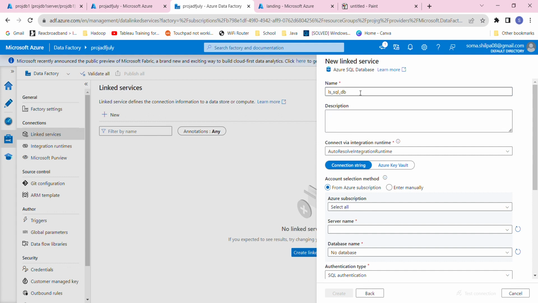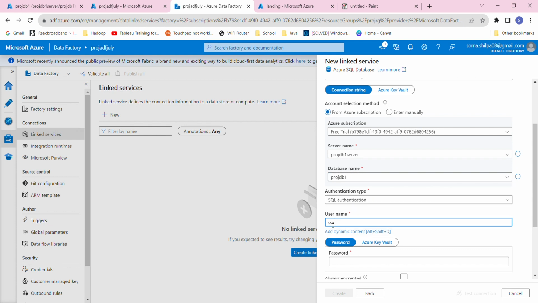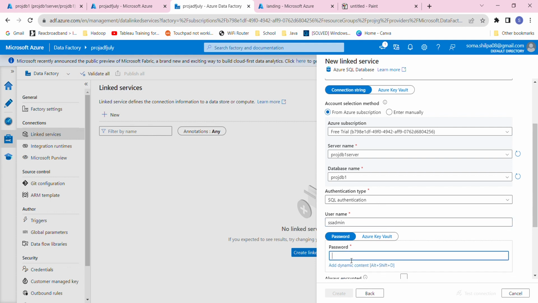Our project database name is project DB. Next, we have to select auto integration runtime. From the Azure subscription, take this one, and the server name shows automatically over here, and the database name is project DB1. SQL authentication is this one, and our user is this one, SS admin, and the password is